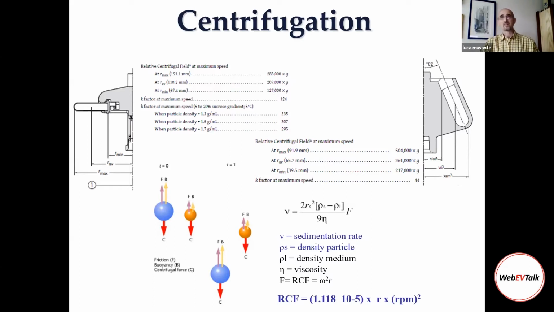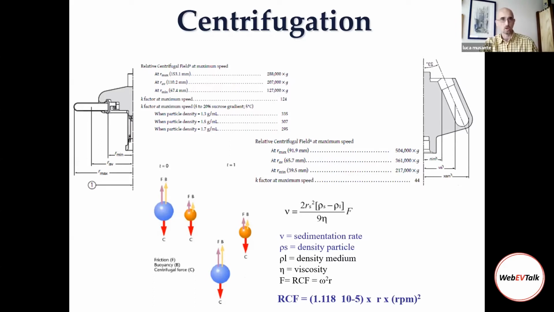The final yield of the pellet depends, of course, on the relative centrifugation force, counteracted by the friction and the buoyancy. Buoyancy is the difference between the density of the particle and the density of the medium, while the friction is more related to the viscosity of the medium itself. So having said that, the first question that we have to ask ourselves is, what do we know about density